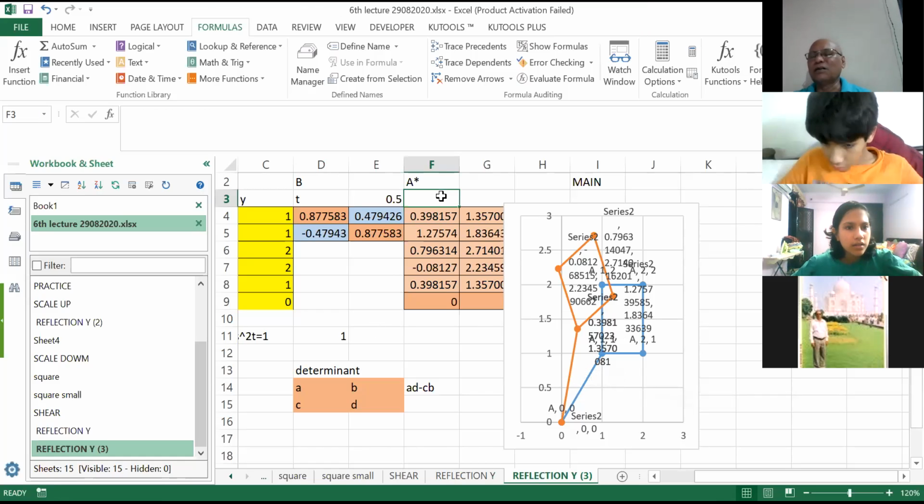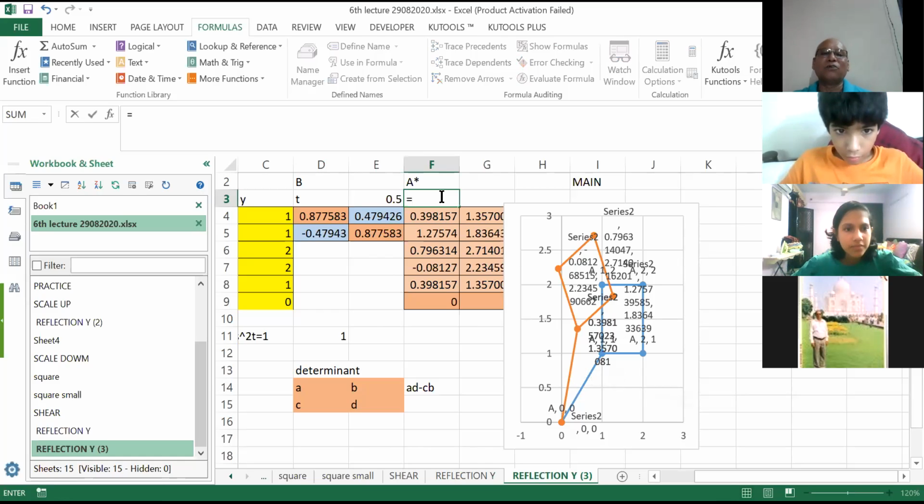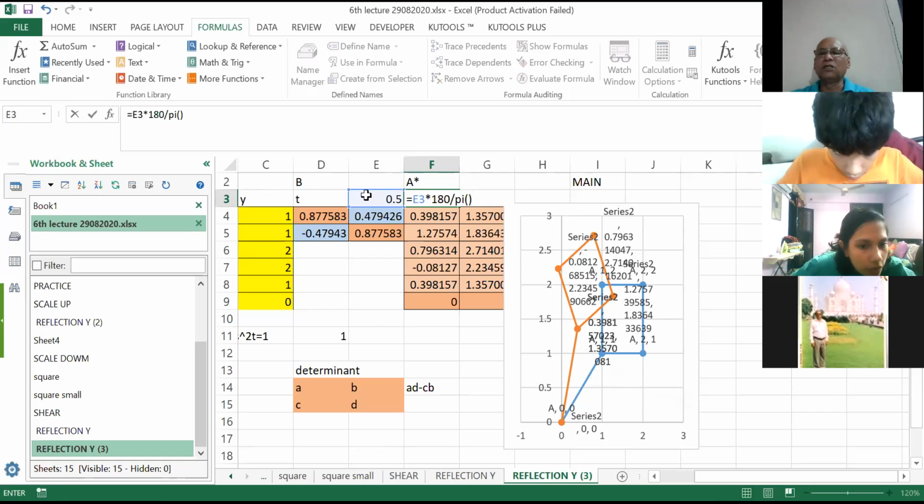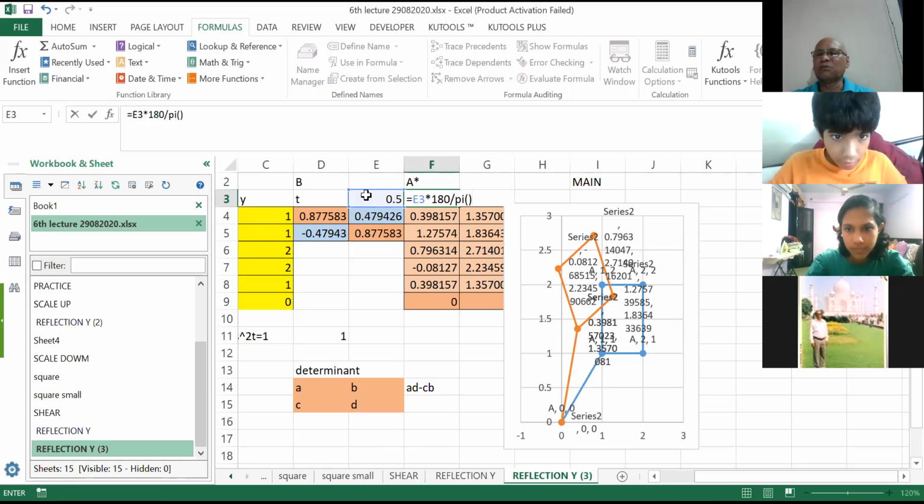You need not calculate. You just use the formula. What is the formula? Radian into 180 divided by pi. You see how I am writing pi in Excel. You need not write the pi value. You just write pi and brackets, and it will take it. So many easy things. Otherwise somebody puts pi equal to 3.14, someone will put 3.141, but that is the approximate value and not the real value. So they will be taking the standard values automatically.